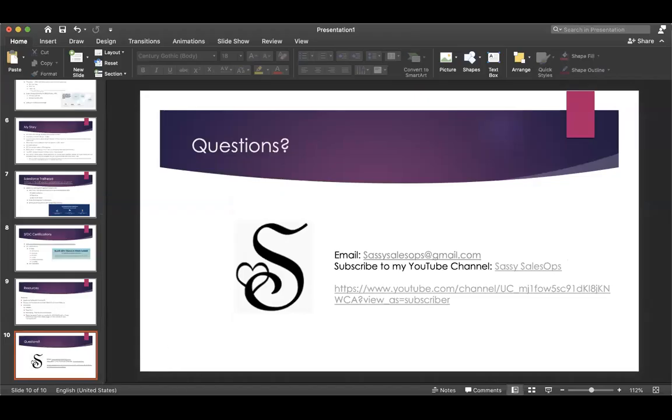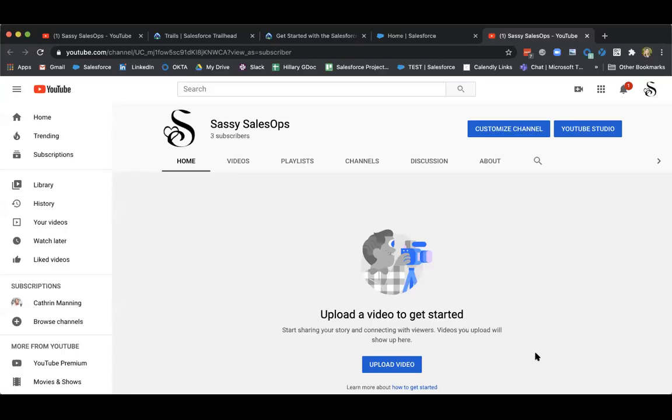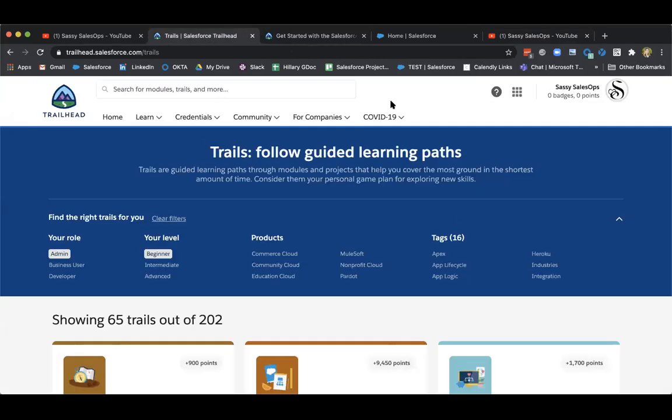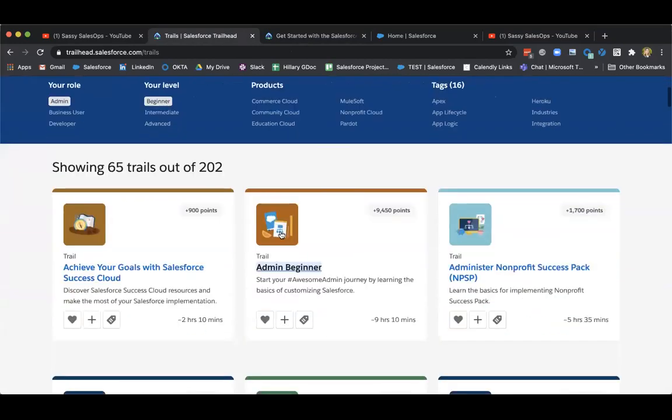And I am going to go ahead and share, and I'll share in the chat in a minute, but I did want to show just real quick what Trailhead looks like. When you log in and sign up, I would recommend starting with your role, going to admin and beginner, and all these different trails pop up.